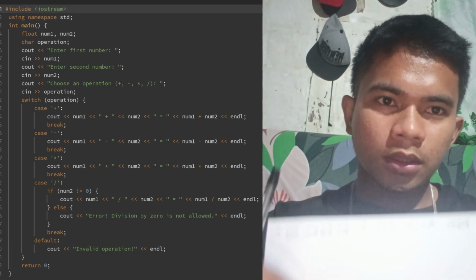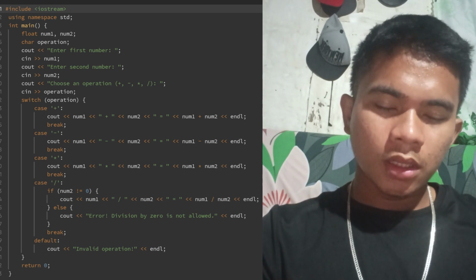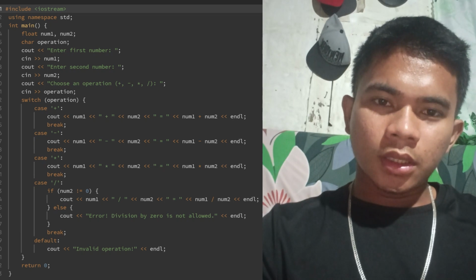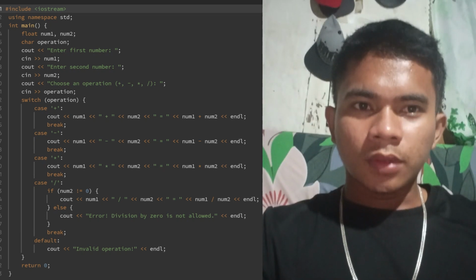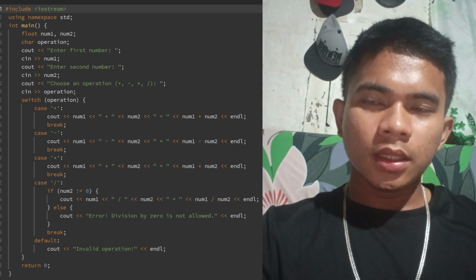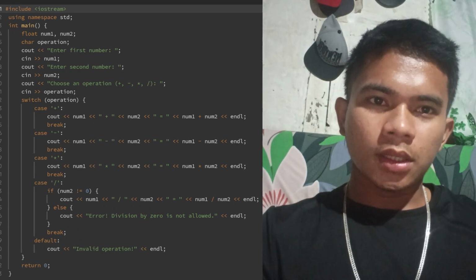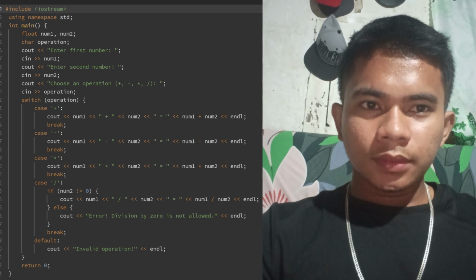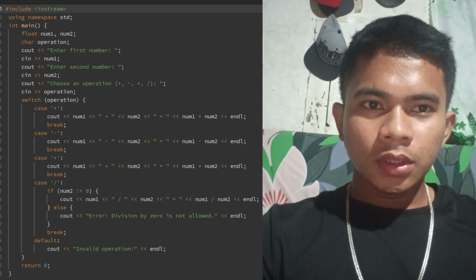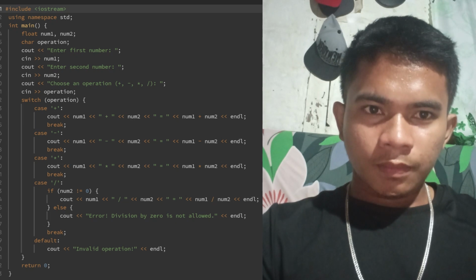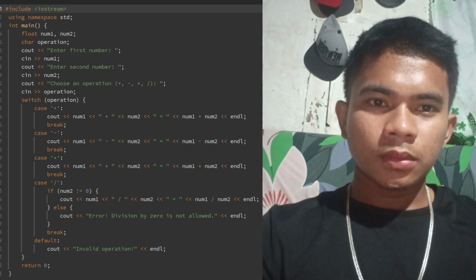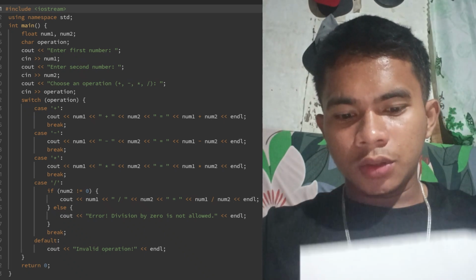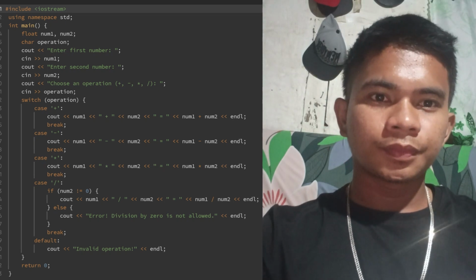So using namespace std or standard, this line tells the compiler to use the standard namespace, so you don't have to write std before elements like cout or cin. And main, this is the main function where the program execution begins. So dira mag-execute ang program. Then